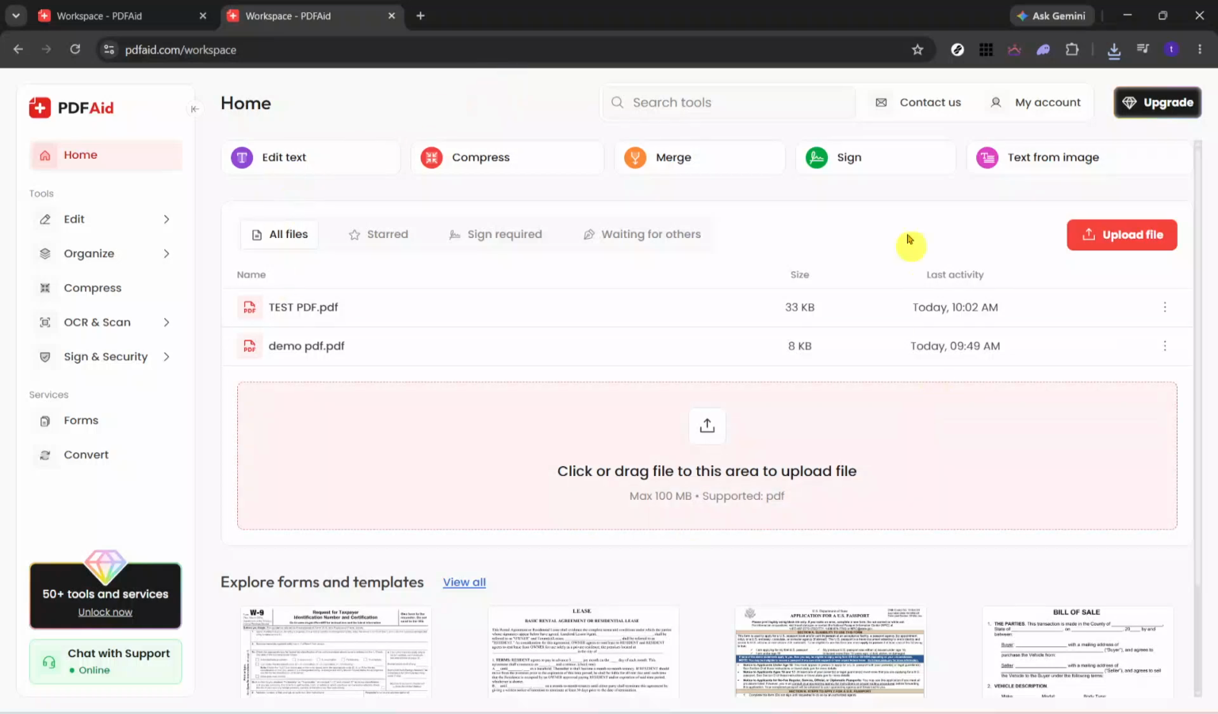Hello, today we will guide you through how to edit PDF in iLovePDF. To begin, open the workspace in your browser. This is where you'll access the tools needed to work with your PDF. Once the workspace loads, take a moment to get familiar with the layout so it's easier to follow along with